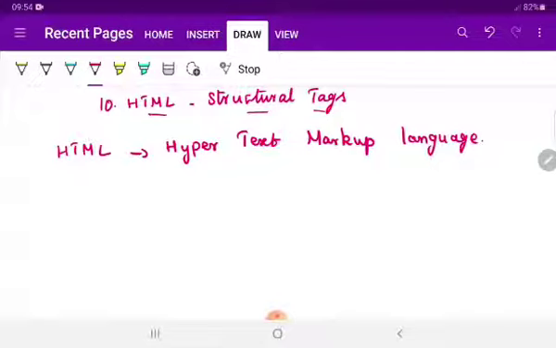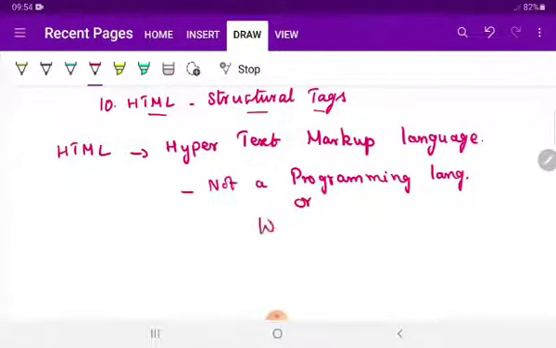So don't forget, HTML is not a programming language or a word processing. Then what is it? It is just a markup language. We can see what a markup language is in the continuing lessons.